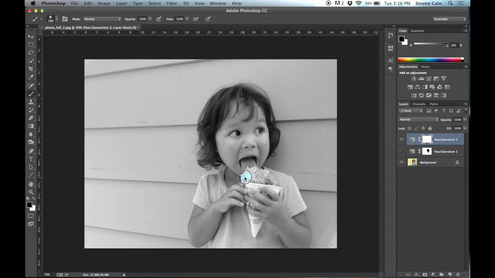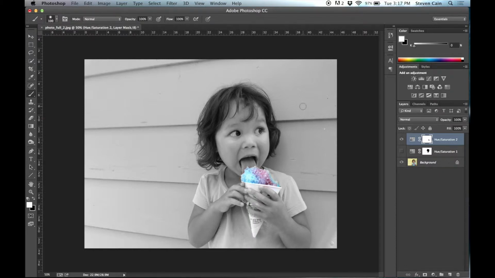This is a technique that you may have seen in a lot of senior pictures. I know in the past it's been a really popular technique in senior pictures to have someone holding a rose or a basketball and let the color from that stand out with the rest of the image being black and white. And we can do that really easily like this. Alright. So that's how we can modify